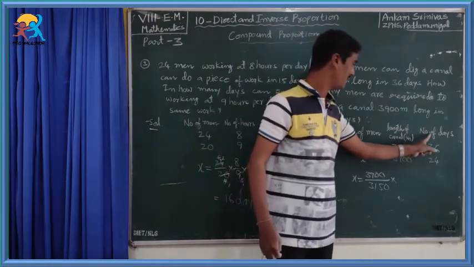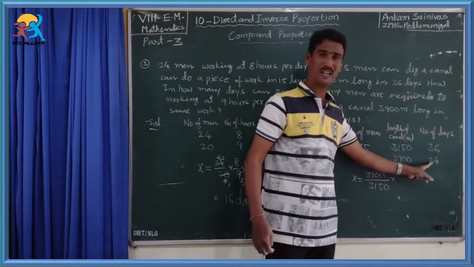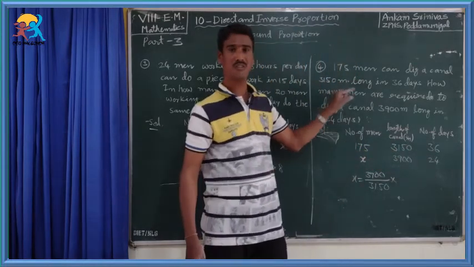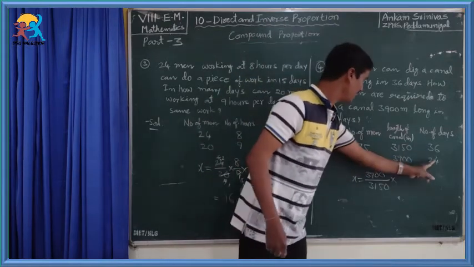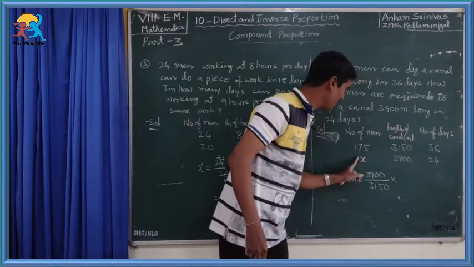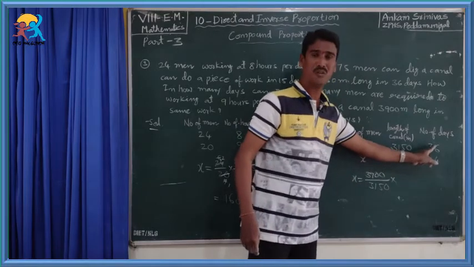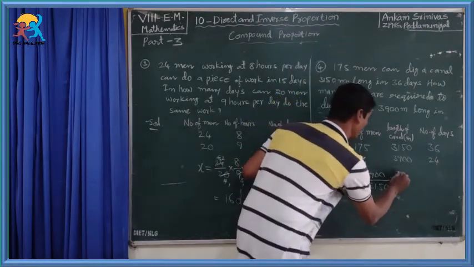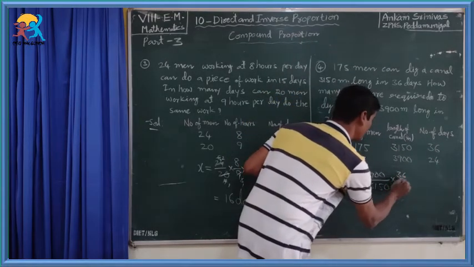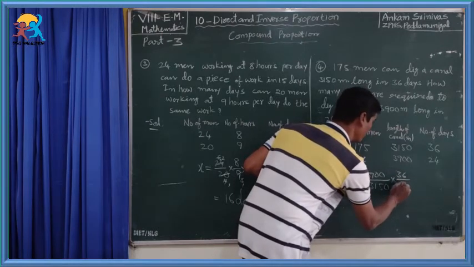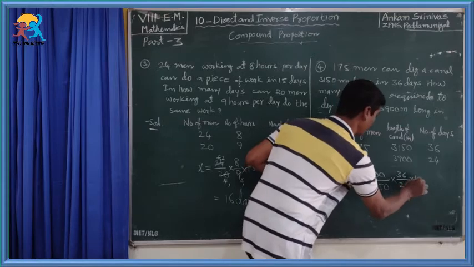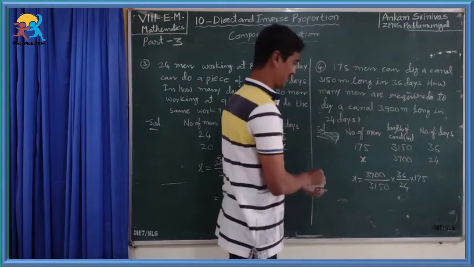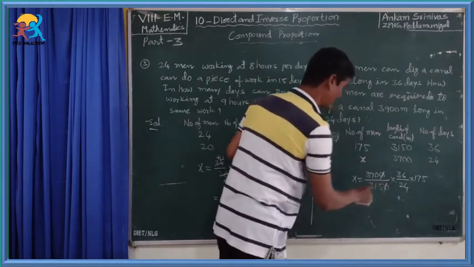To complete the work in a short time, we require more workers. So we have to take here more by less. 36 by 24, 36 is more than 24, into 175, and the 0 0 will be cancelled,